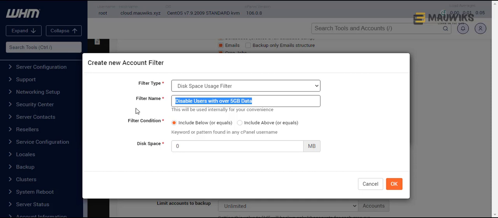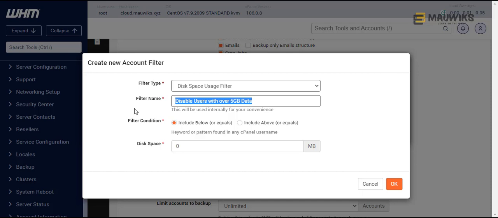You highly suggest them to make their own backup of their website files or data within their cPanel user, and you're not responsible if anything happens to the server. But